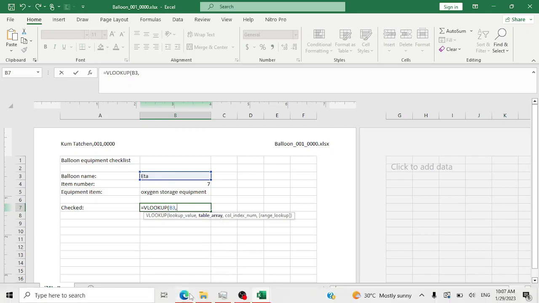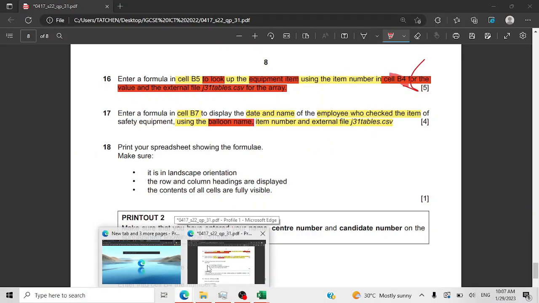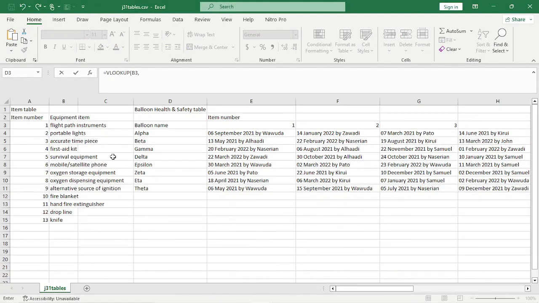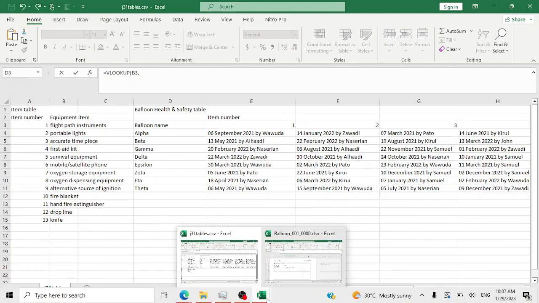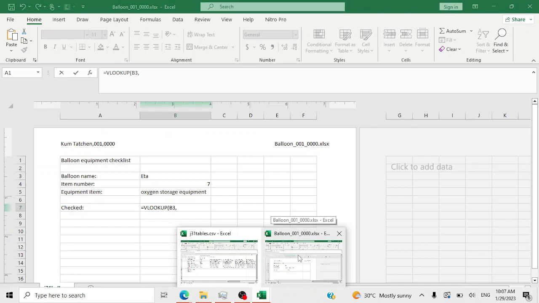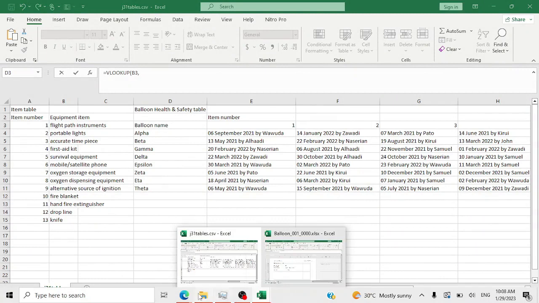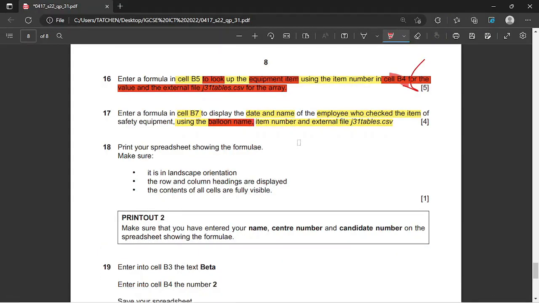Table array. Now the table array we want the date and name. Table array should be, let me see, table array, date and name on employee, object items, information, the balloon name, item number, external file. Table array,